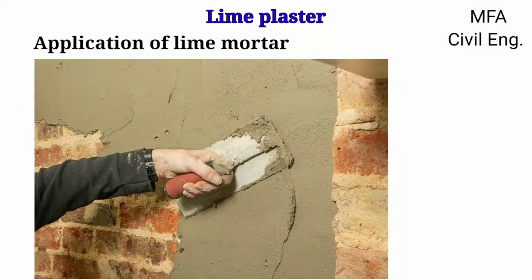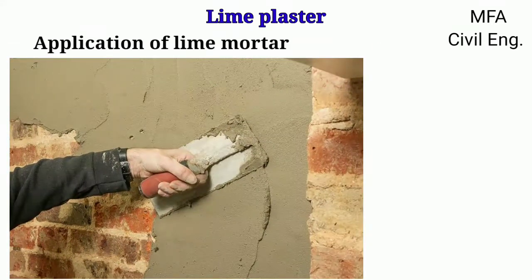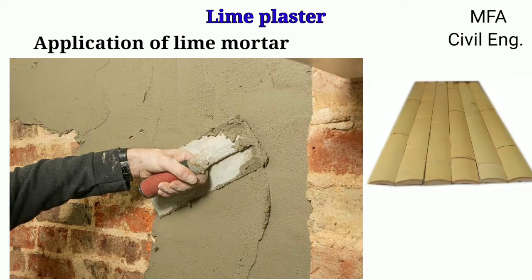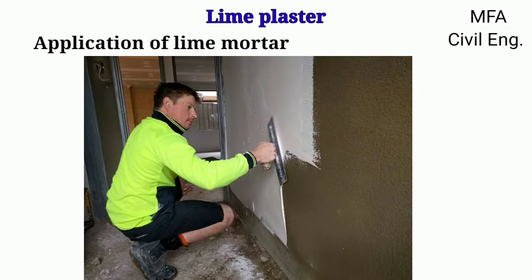Lime plaster can be applied in 1, 2 or even 3 coats on a prepared wall surface between the screed with the mesh and trowel. For 1 coat plaster, mortar is applied in a uniform surface a little bit more than the required one. Then the surface is beaten with the help of a thin strip of bamboo so as to fill the joints and then it is brought to the required surface. Plastering work is finished by applying a solution of lime putty on the surface so as to make it smooth with the metal float.